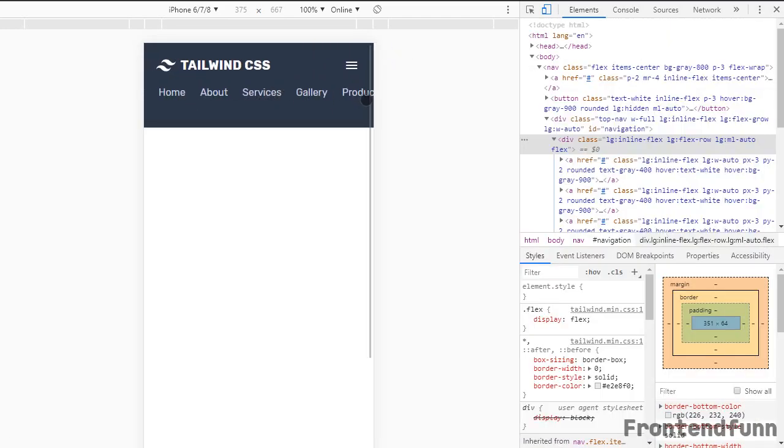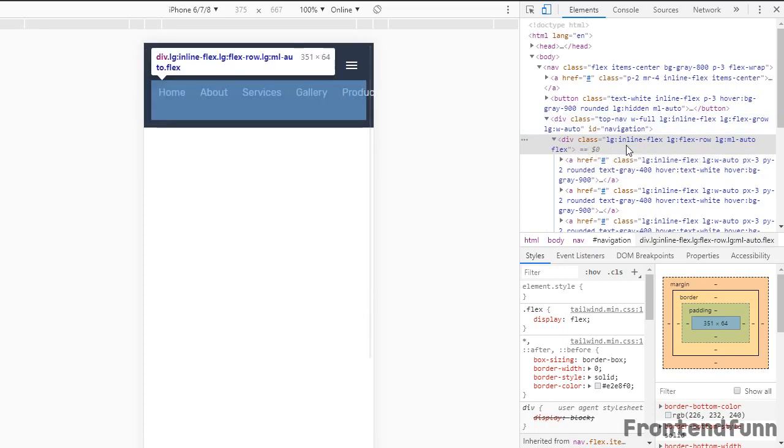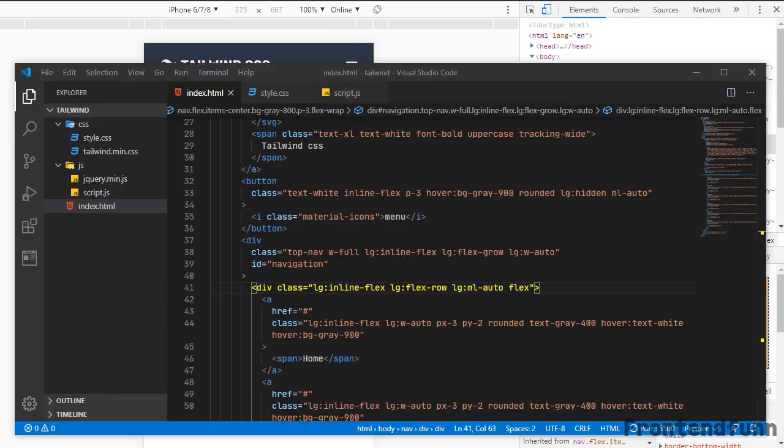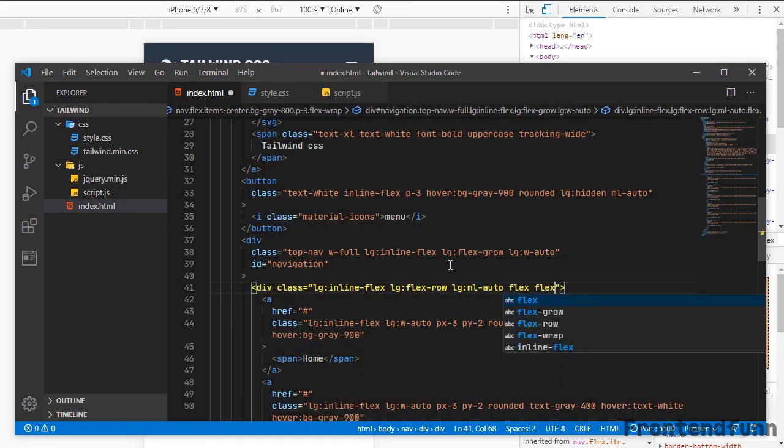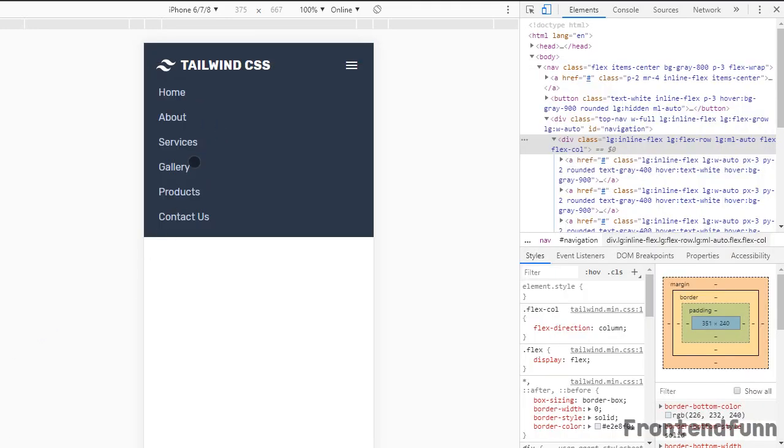Okay, so it is displayed as flex now, the inner div. Next we want to change the flex direction, so flex direction will be column, so flex-col. Fine.